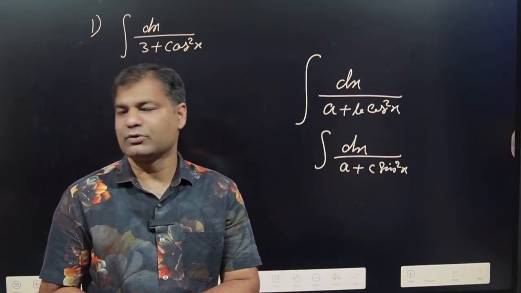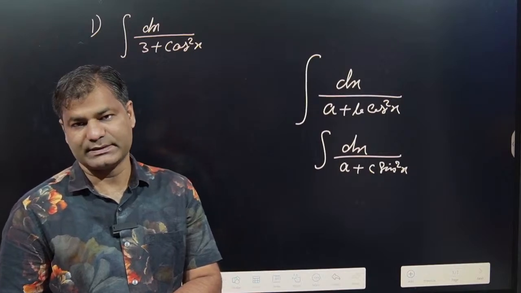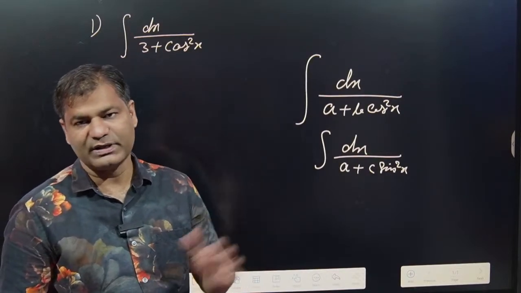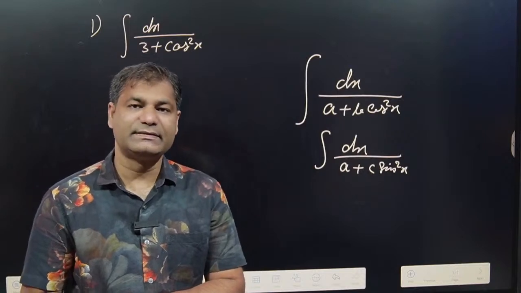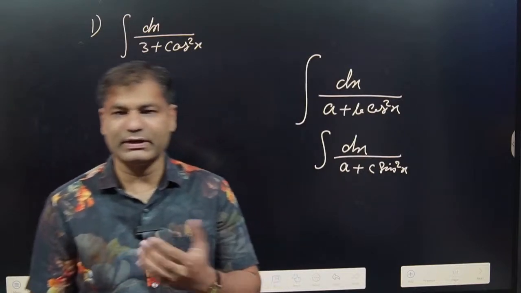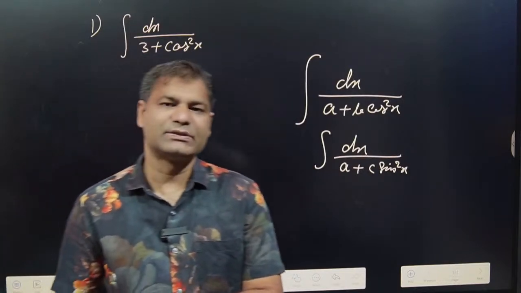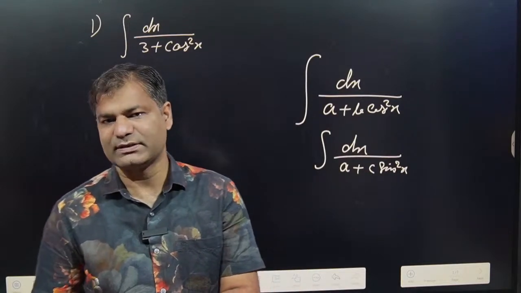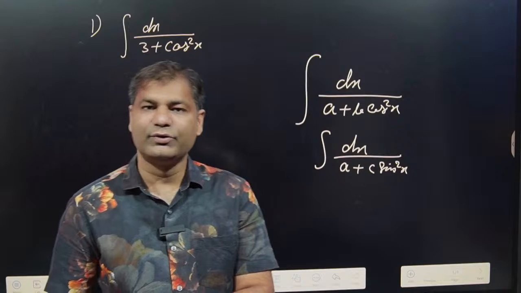cos square x or cosec square x. Okay, if we divide numerator and denominator by cos square x, then we get sec square x in the numerator, and in the denominator we get tan x and also sec square x, and sec square x is converted into 1 plus tan square x. If you divide by